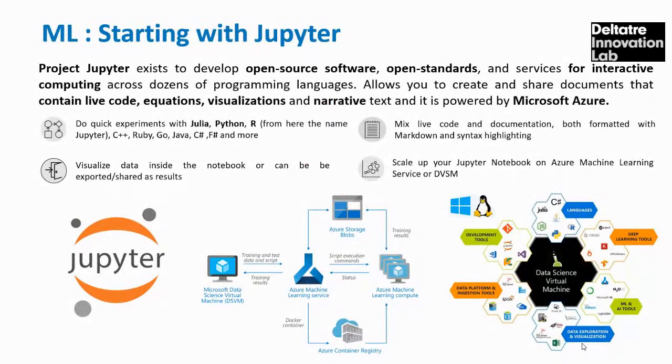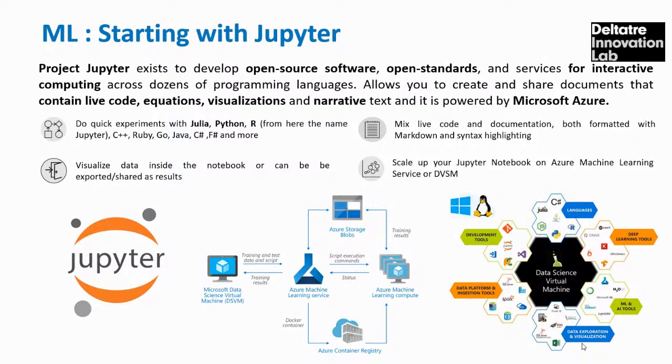Okay. Now, we can start with our part on machine learning tools and frameworks. In particular, the first step of this part, starting with Jupyter. Jupyter is an open source software. It's an open standard for machine learning. It's a tool, it's a framework, it's a platform that you can use to analyze data and to create fantastic machine learning models